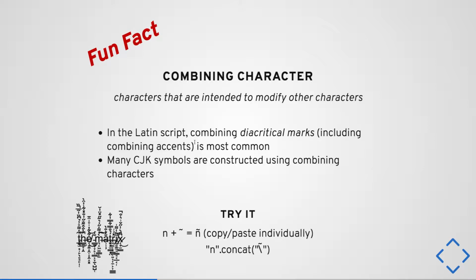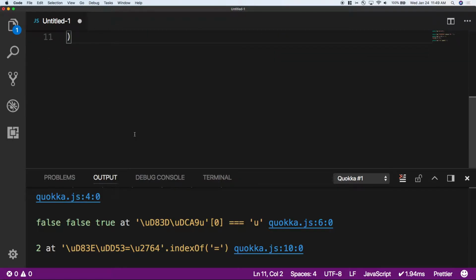They just attached a bunch of these combining characters to the words the matrix, right? And if I were to take this character plus this character, and I copy and paste them individually, really at a really, really low level under the hood, outside of the control of really anything, right? I could